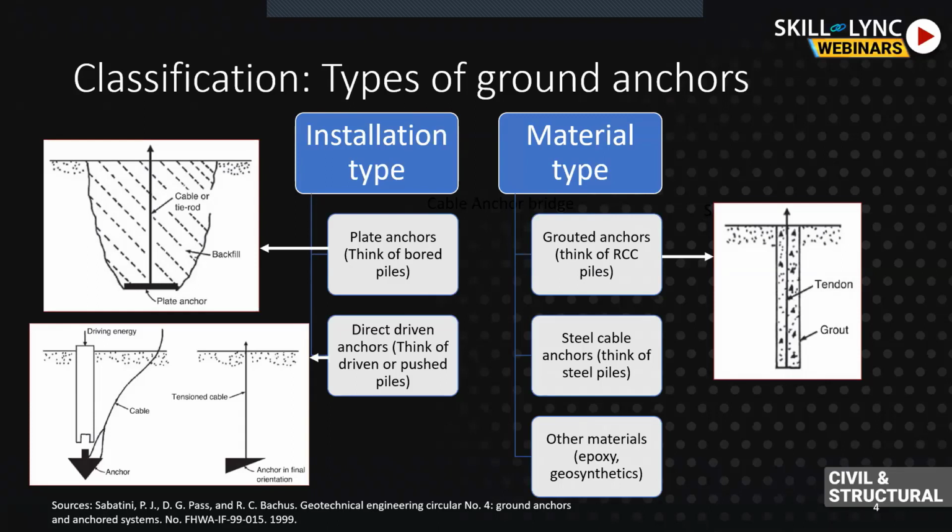A steel cable anchor is where we don't have any grout; we just call it a steel cable anchor. There are also several kinds of rock bolts. If you have seen long nails in tunnels and other places, there are long nails of 2 or 3 meters which we apply into the ground. We call these anchors rock bolts, or soil nails specifically, and they hold the ground in place with tension force. And then there are other kinds of materials which we can apply in anchors.